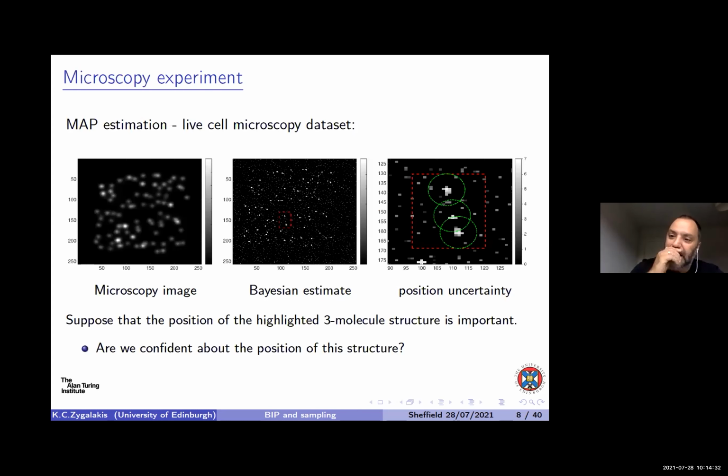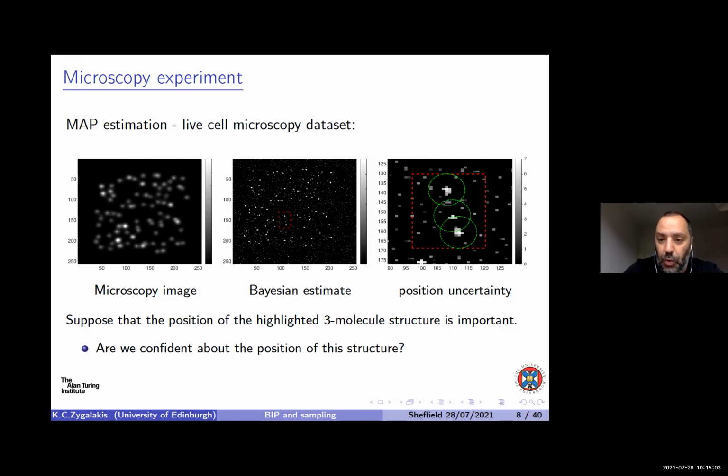So, in particular, there's a small experiment here that I want to discuss very quickly, just to explain why we might need more than just a MAP. Okay, so on the left, these are the results of a microscopy experiment. Okay, it's a blurred image. You would like to unblur it, and this is what you see on the right as the Bayesian estimate. And what you're interested in identifying in this microscopy data set is where the molecules are. Okay,